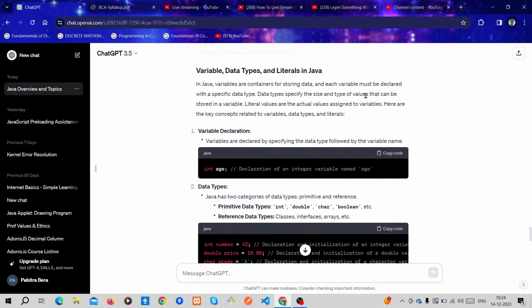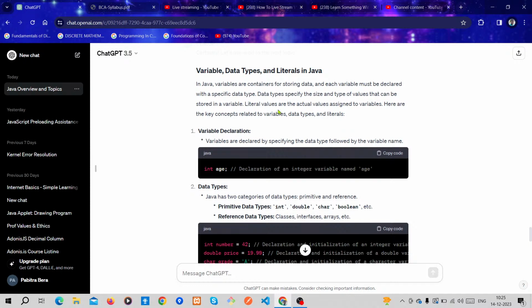Each variable must be declared with a specific data type. Each variable has some data type, so you need to declare a data type when you want to create a variable. Data types specify the size and type of values that can be stored in a variable.